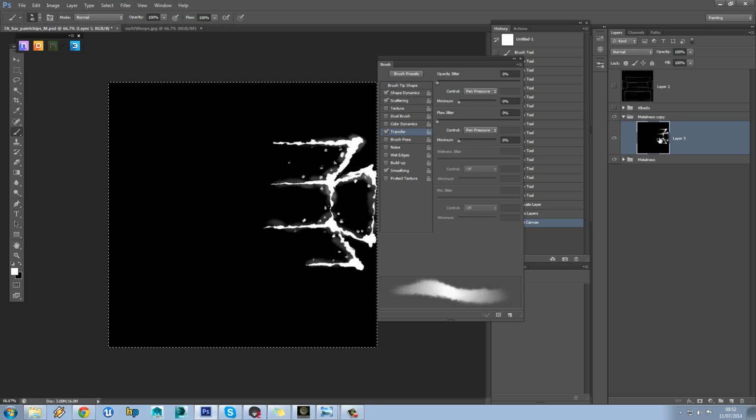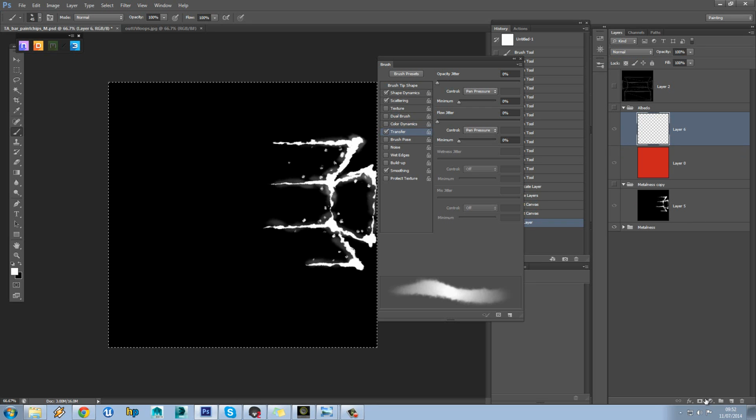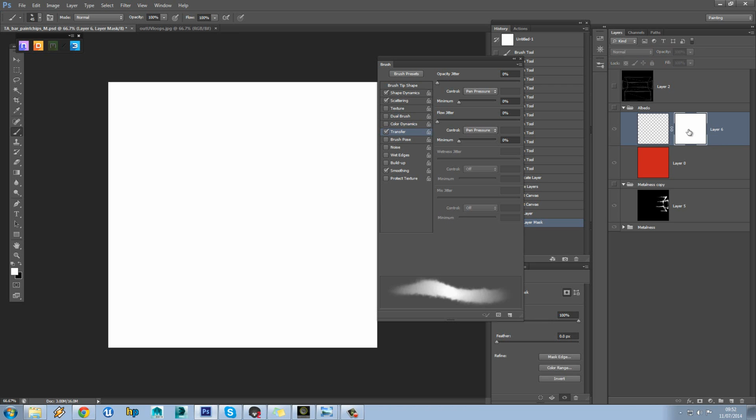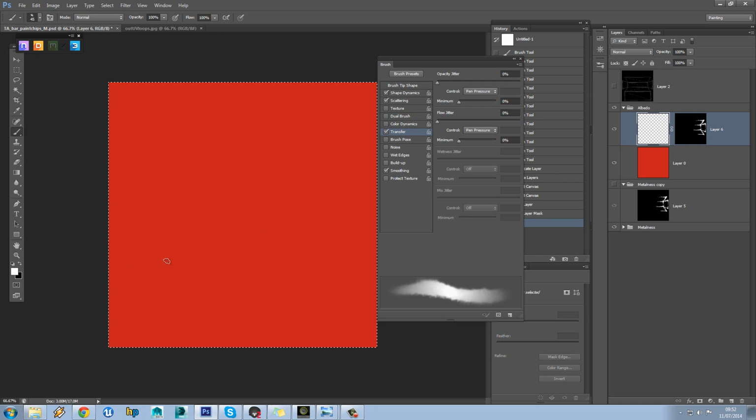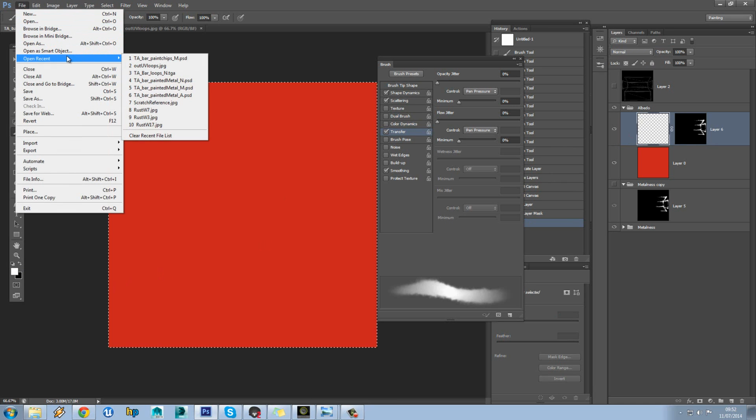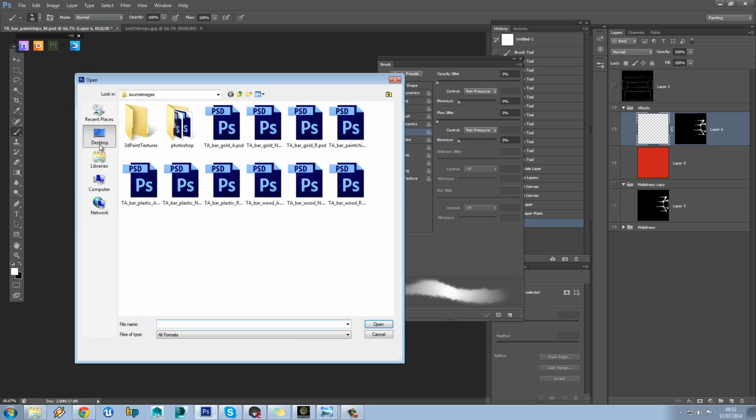So what I do now is select it, Control A, Control C to copy, and in our albedo map, what we're going to do is make a new layer, paste, add a mask to it with this button, hold Alt and left click inside, and then Control V to paste. And now what we can do is, if we click on the layer again, we can load up our Don't Nod chart,